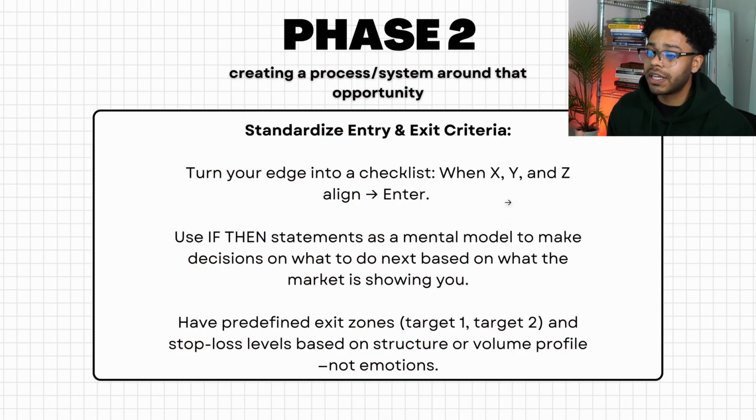Phase 2 is going to be creating a process or system around that opportunity. This is going to help with creating standardized entry and exit criteria, and an overall criteria for whatever opportunity you're looking for. But start by turning your edge into a checklist. Use when X, Y, and Z align, then you can enter. I know for my case, I use price, I use order flow, and I use time before deciding on entering